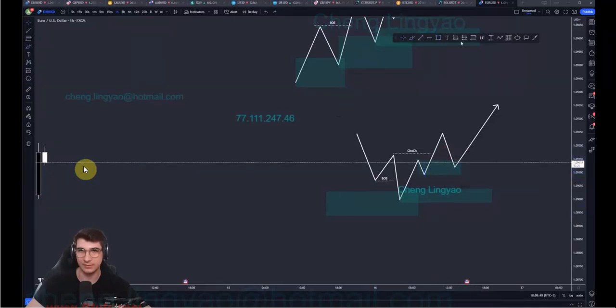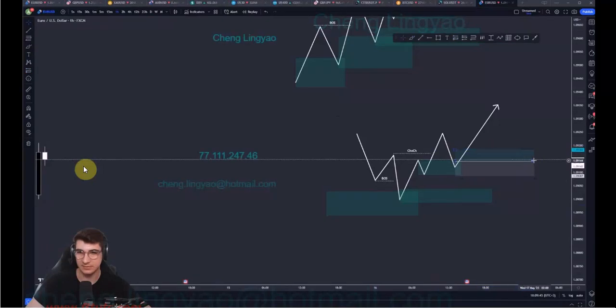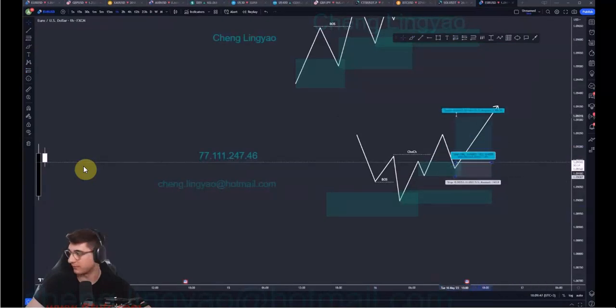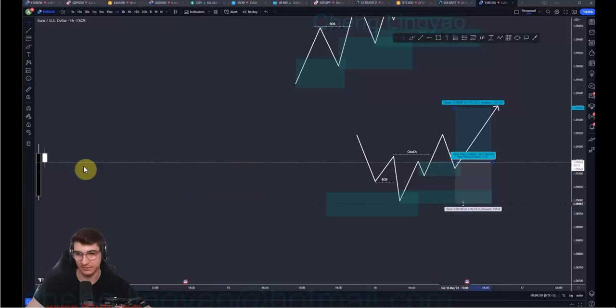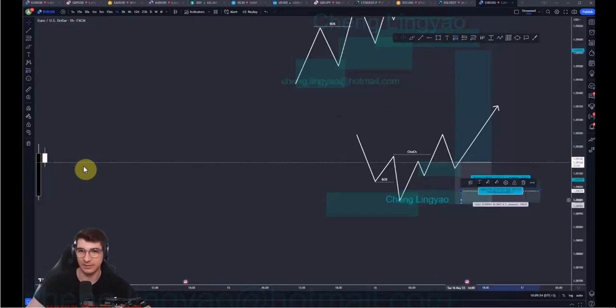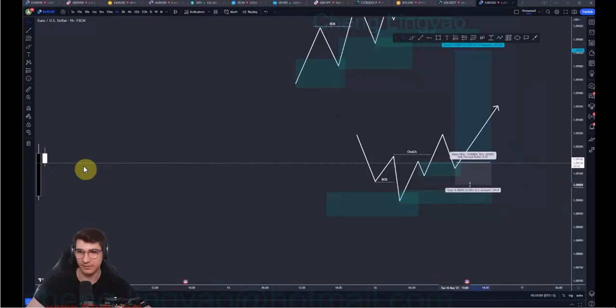And in this case, you're going to have two entries, and you can play it both ways. You can either play it like this, aggressive, with stop loss just covering the flip zone, or you can play it more safely, covering the low if your target is also higher time frame, and then add another position when price comes there. Now, I usually recommend having a stop loss somewhere around there, just covering the flip zone and